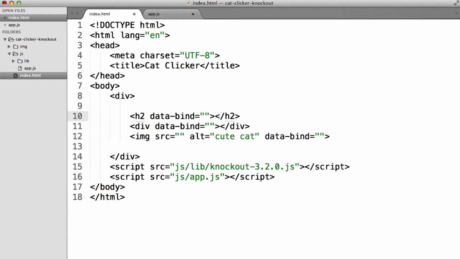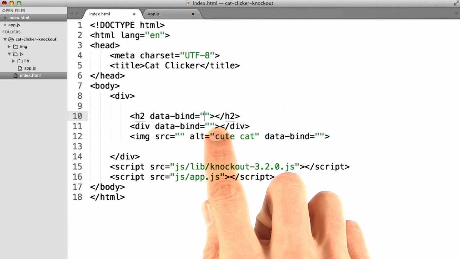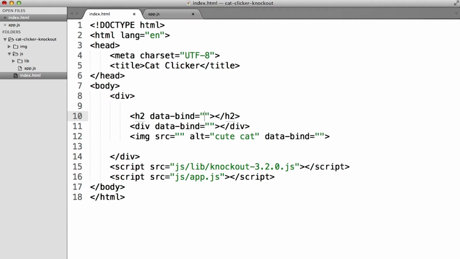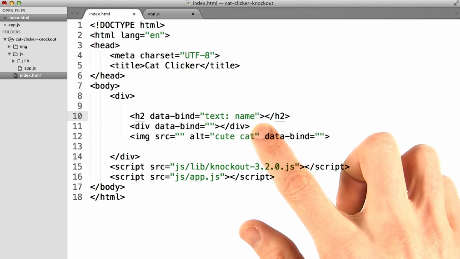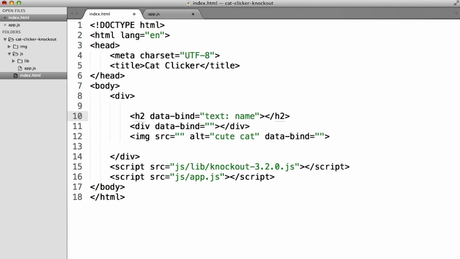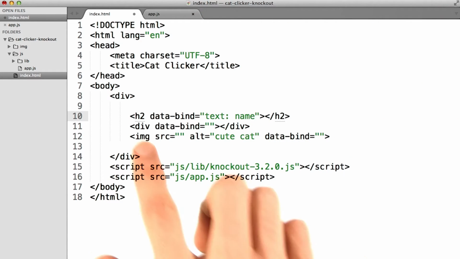First, let's talk about the h2. We want the h2 to be wired up with the name of the cat. In fact, more specifically, we want the text of the h2 to be whatever the name of the cat is. Knockout's binding for this is text: name. Whatever the name property is on the view model over in our JavaScript file, that's what the text of this